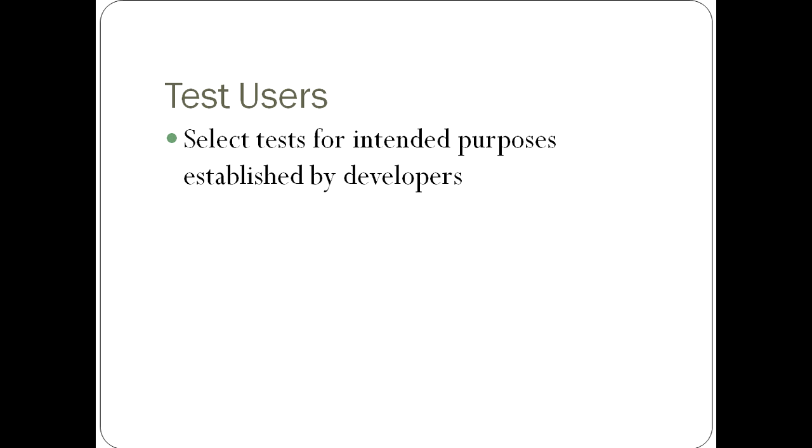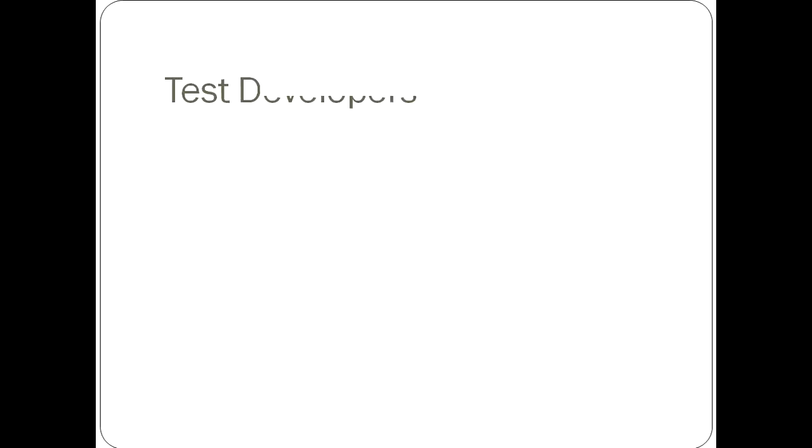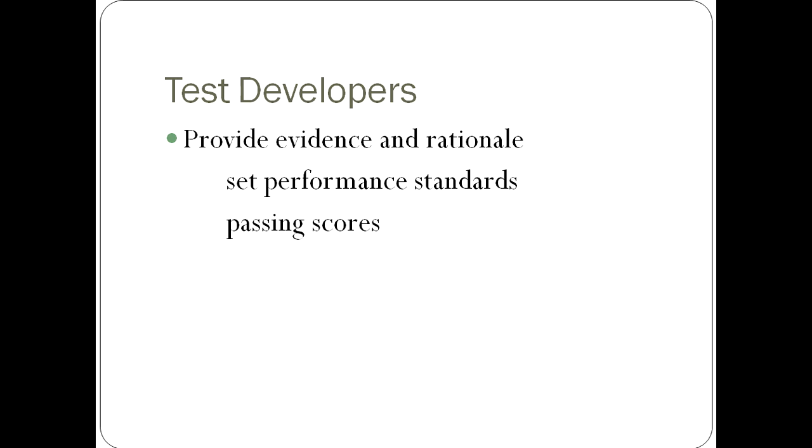And now the test users need to select tests that are for the intended purposes established by the developers. But if they have evidence that supports another type of interpretation, that can also be used. But there must be a lot of evidence to support that. Now, test developers need to provide evidence and their rationale for setting the performance standards that they do for these